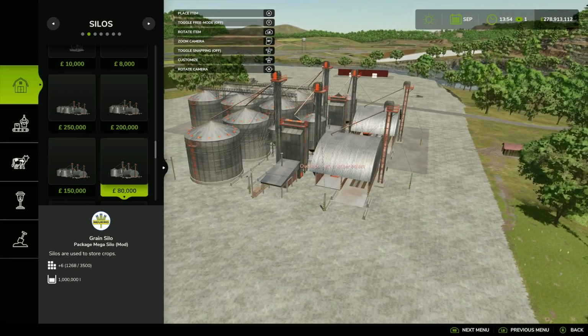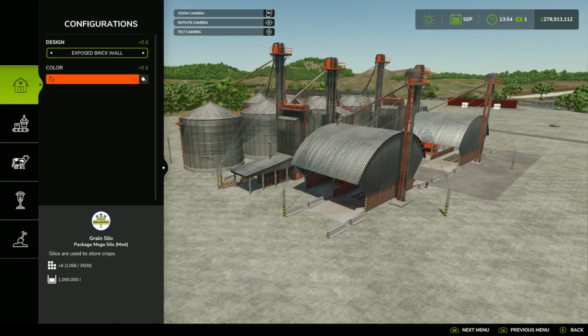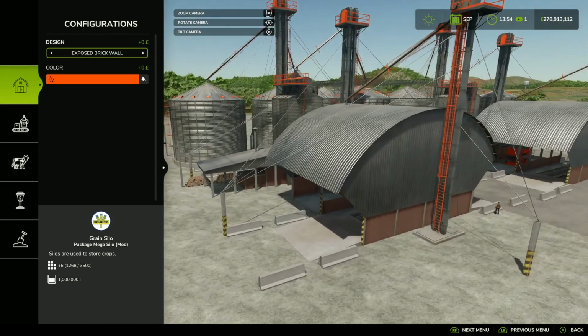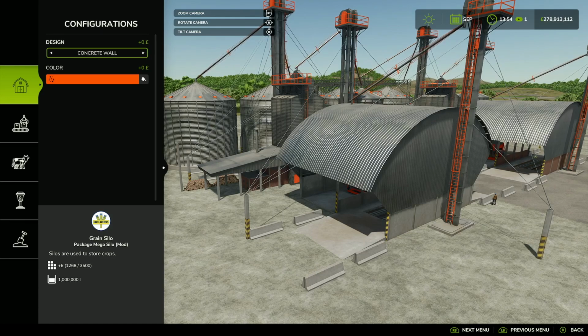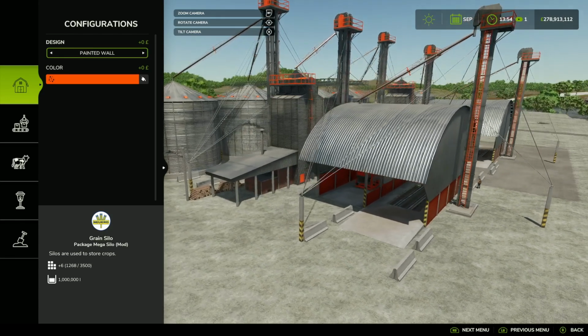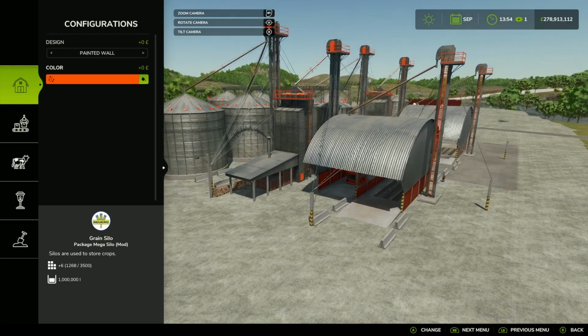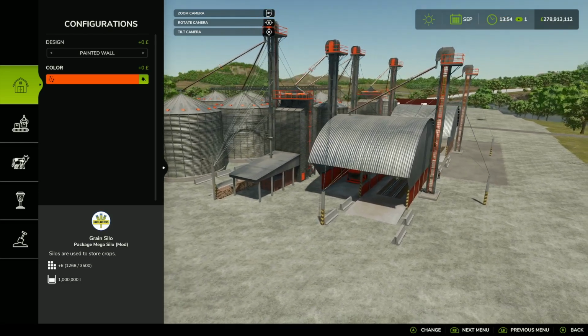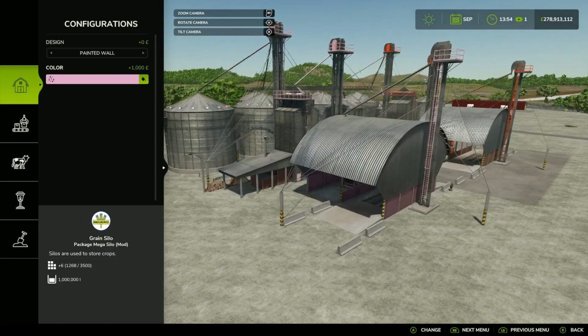Now, you do have a customization on all of them. So you click on there and you've got exposed brick walls. So where the hopper is, where you put your stuff in, you can have it like that, or you can have it as a concrete wall. And then if you come down to the colours, this is going to do all the framework? Yeah, all the guardrails, that sort of thing. So if you click on there and then obviously put whatever colour you like on, it's going to change all